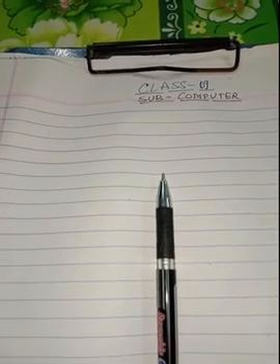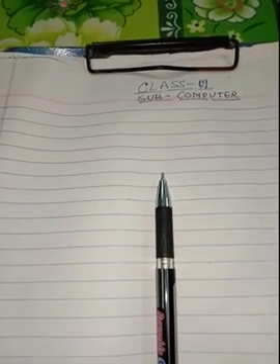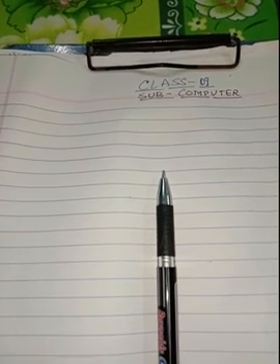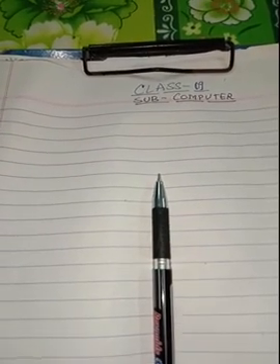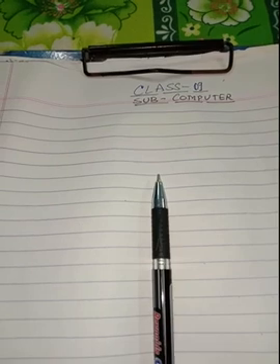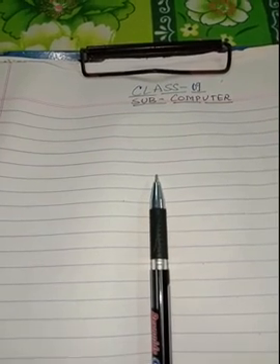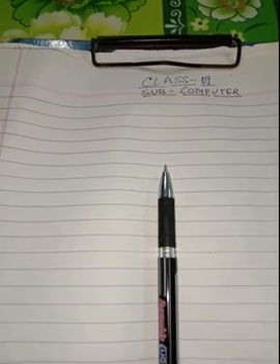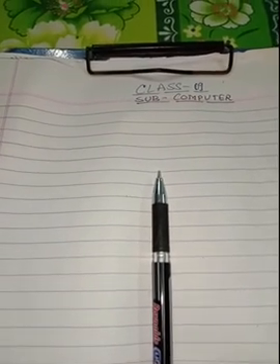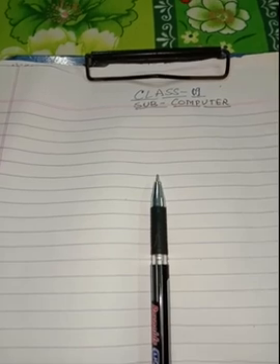Then another important topic, cell reference. What is cell reference? What are the types of cell reference? Like relative cell reference, absolute cell reference, mixed cell reference. With the help of examples, we have explained them and the basic difference between them.